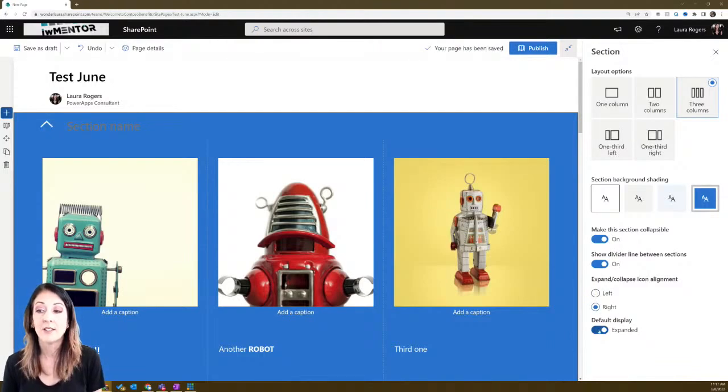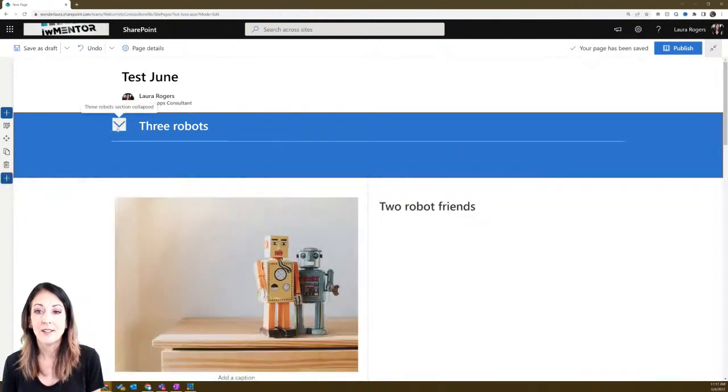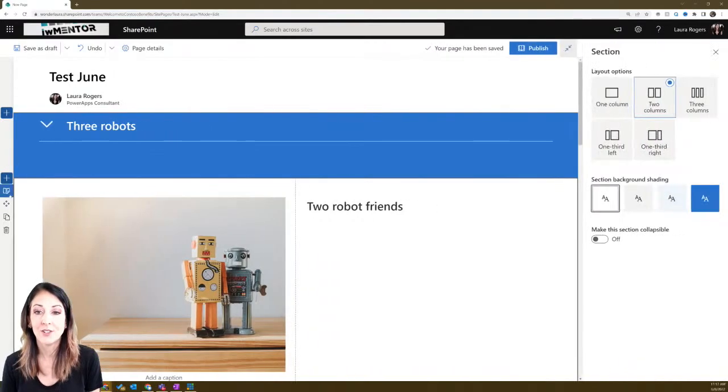And then I say default, do I want it to be expanded or collapsed? So if you want people to have to manually expand whatever section they want, then you can put the default as collapsed. So then it says section name here. So I can just type something, 3 robots, and then I'll close my section settings here, and then collapse that. And then I can go down to the next section and go to its section settings